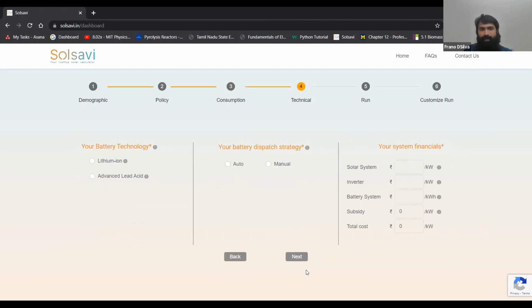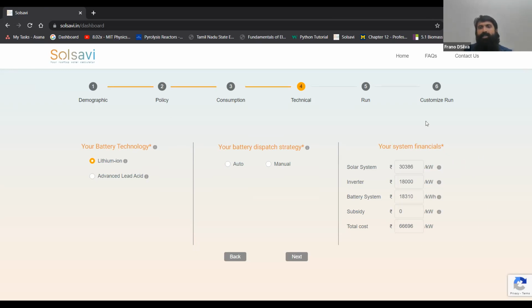Moving further to the technical page, here we must have the selection of the battery technology and the dispatch strategy that we would suggest, the charging and the discharging for our battery system. For this case, we take a battery technology of lithium ion, and as you see on the selection of battery,